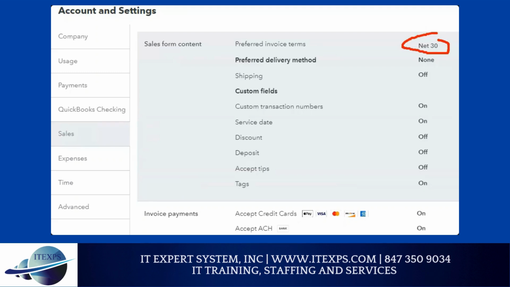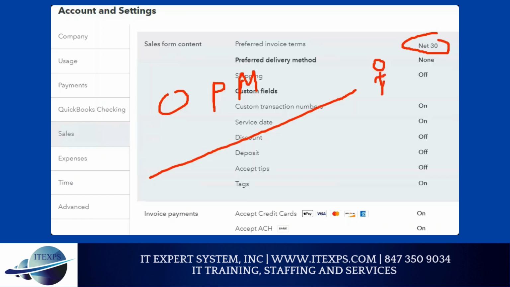Why will they ask for 90 days? They're giving time. It's OPM, other people's money. So if I say 90 days, what does that mean? That company doesn't have to pay you for 90 days. It means whatever you did, you already completed the service,